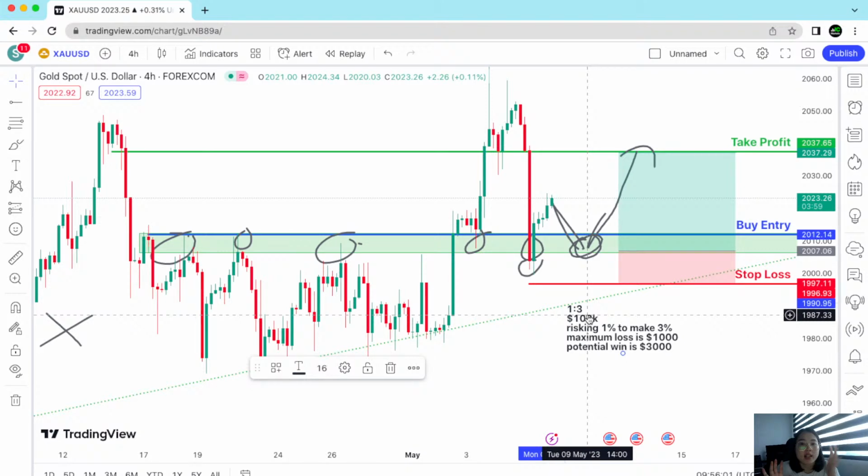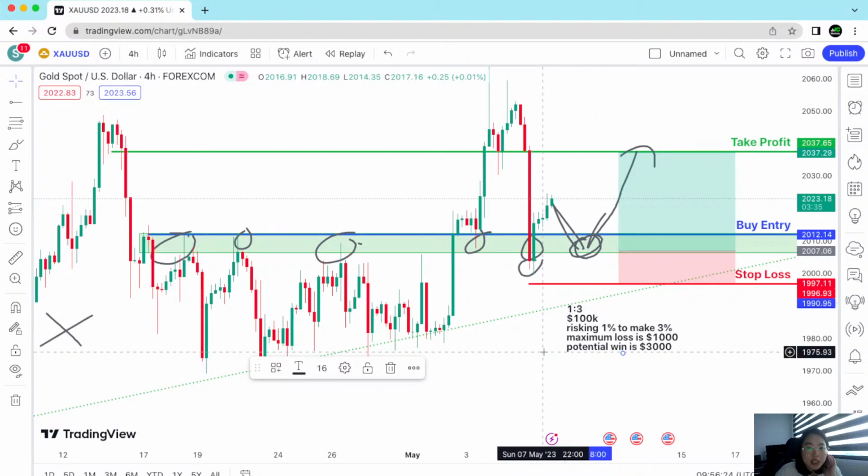But if you're risking like 3% to make 9%, obviously your returns will be higher, but your loss will be higher as well. That's like losing 3 trades if you were to take a 1% risk. So I honestly think, conservatively, 1% is good enough. You don't need to over leverage. I think 1% is a very good amount to trade with.